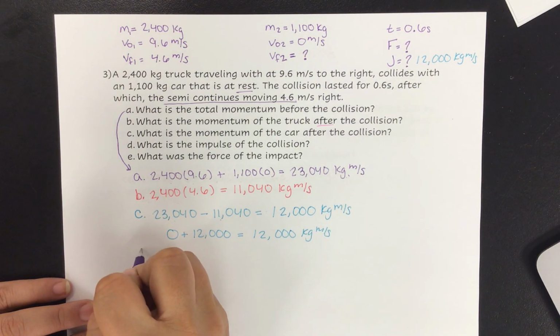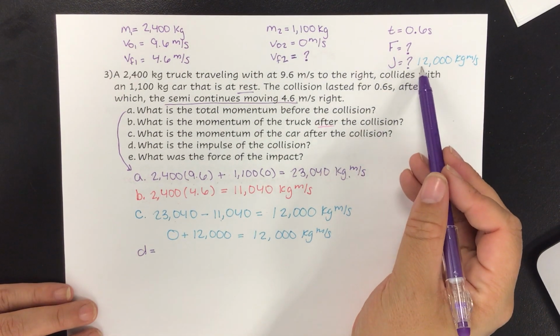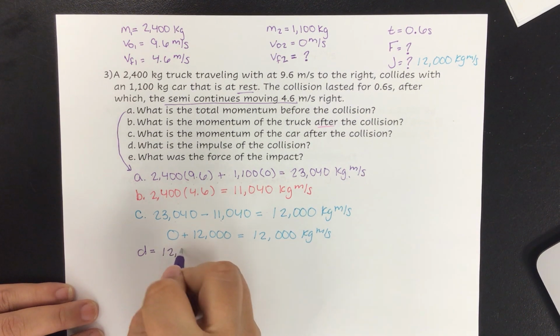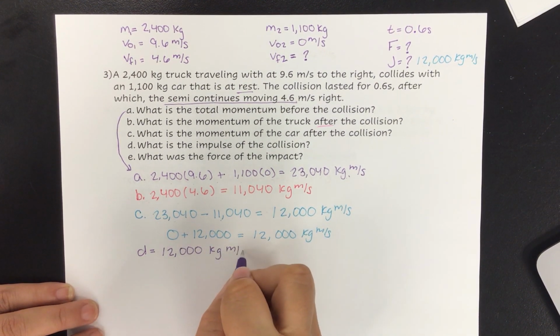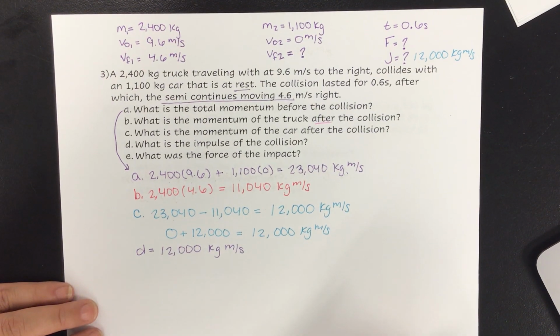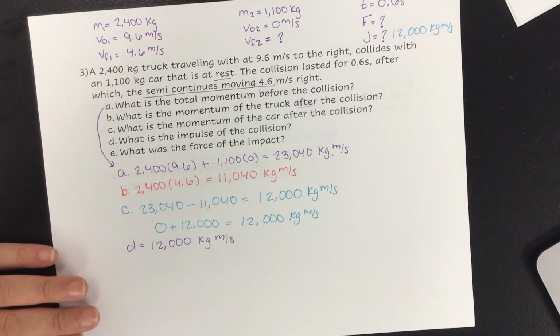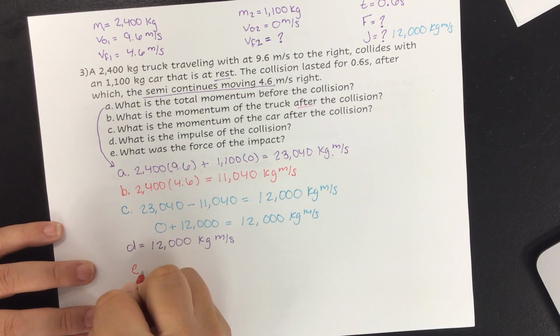So now let's go into D. That is also going to be the impulse of the collision, because again, that is how much one vehicle lost. That is the change in momentum between the two vehicles. And E, we're going to get down to